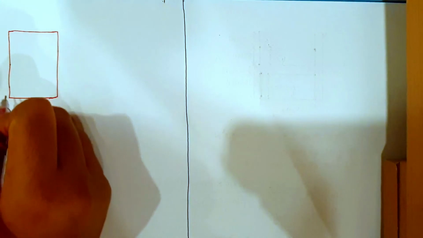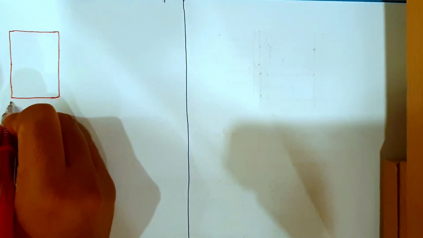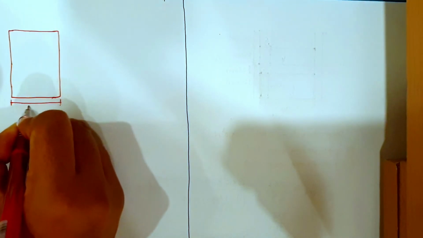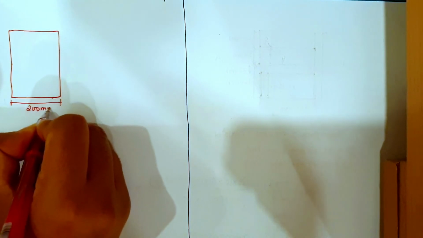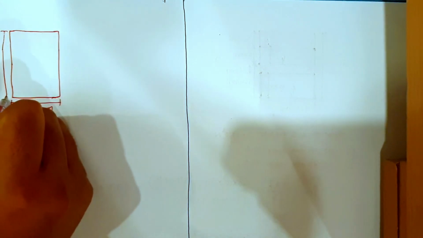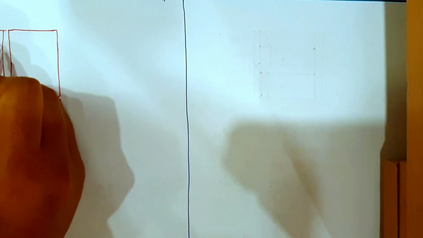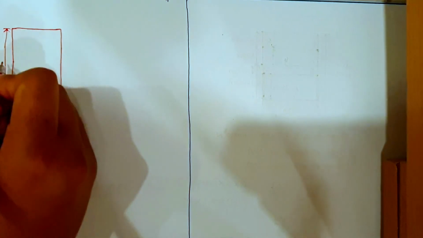So the dimension of this cross section is given equal to 200 mm and its depth is given equal to 300 mm,